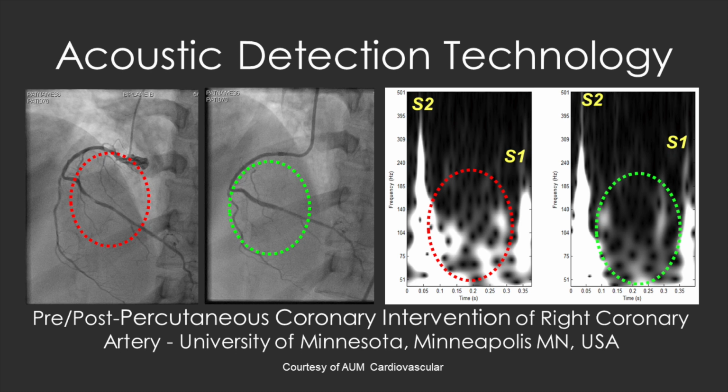And on the right, you can see this is a log Gabor frequency spectrogram. So you can see the signal for the second heart sound and the first heart sound. Between that is diastole, and on the panel with the red hatch markings, there is low frequency acoustic signal detected. That on the right, you can see is essentially abolished after treatment of that coronary stenosis. So this is essentially detection and use of coronary turbulence, and I think proof of concept with the pre and